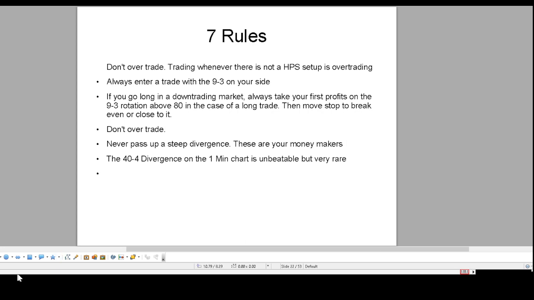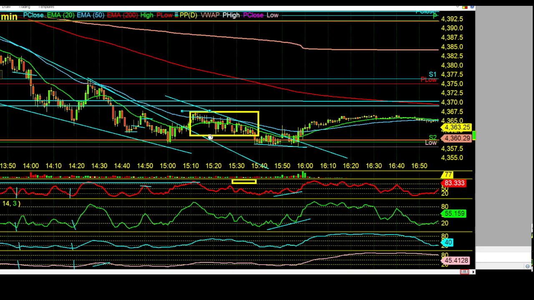Because what we're pointing out here are just setups that we know. We know that we have the quad rotation, we have a move up. We know that the first move over to 80, if you take profits, these are little things that you're just going to keep nickel and dime in the market, being profitable in these trades. And it's harder